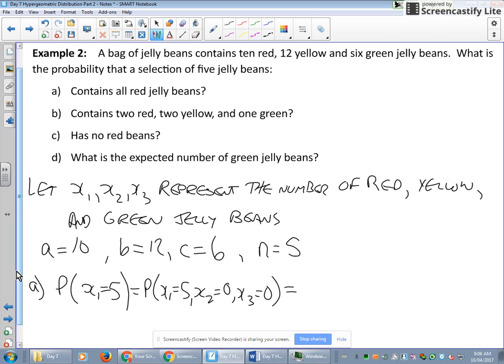So how am I going to calculate the number of reds? What's my choose statement going to be? 10 choose 5. And do I need any yellow? No, so it's just 12 choose 0. And we don't need any green, so that's 6 choose 0. Divided by